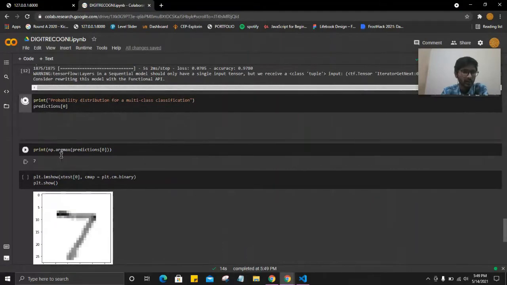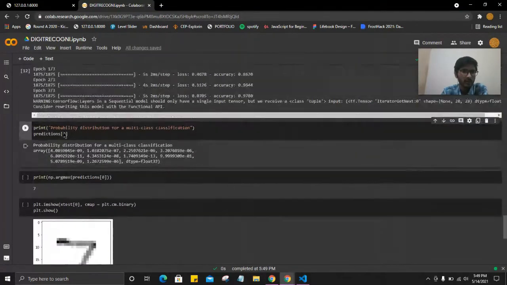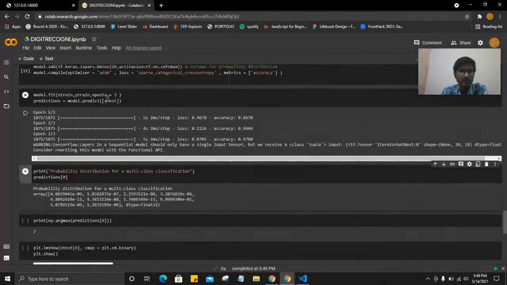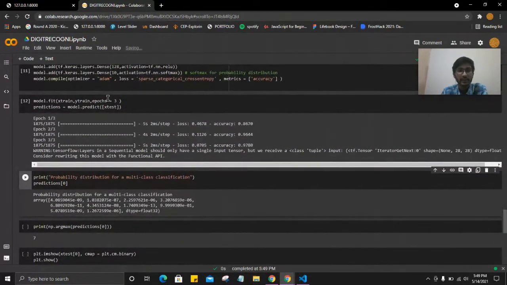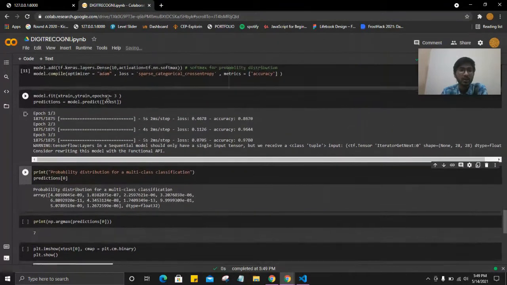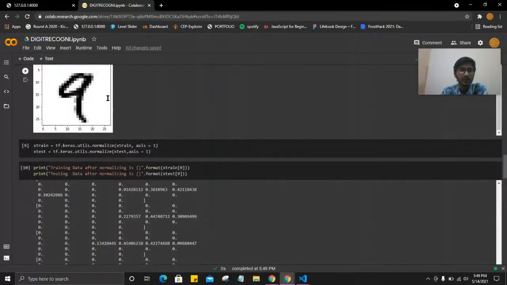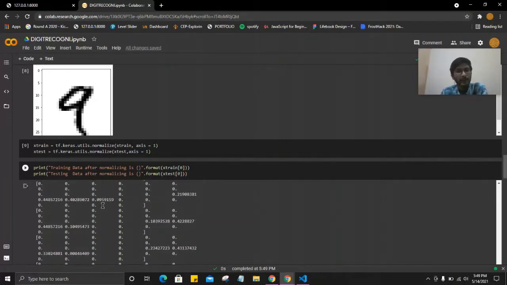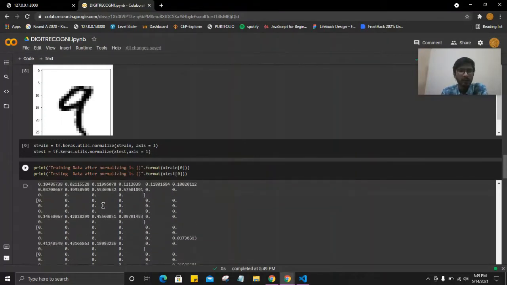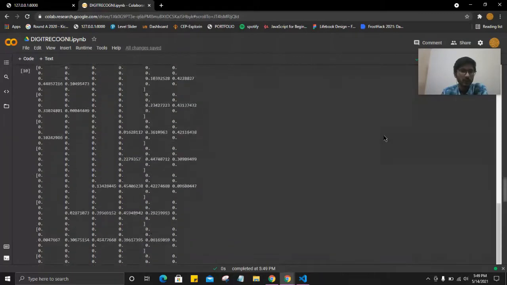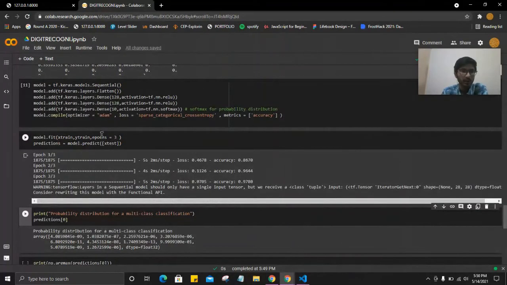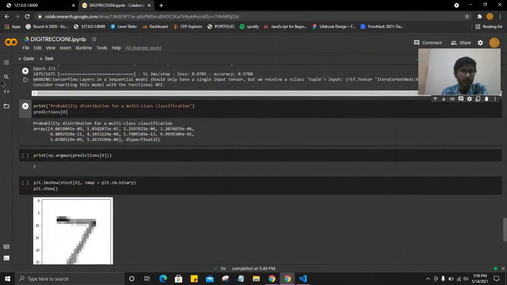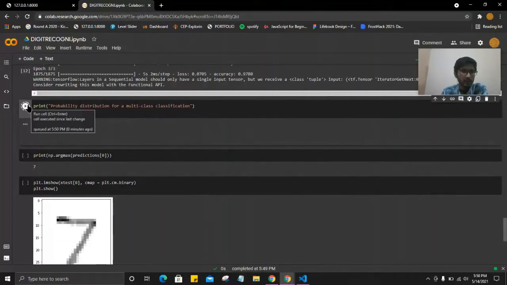Then these are the prediction table. I pass the X test, so I am going to test the data set, whether it is predicting correctly or not. The input is the same type of data, this pixelation data, with which we trained our model. The same kind of data I have in X-test also. So I am using this to predict with the model. Let me see what the prediction says.